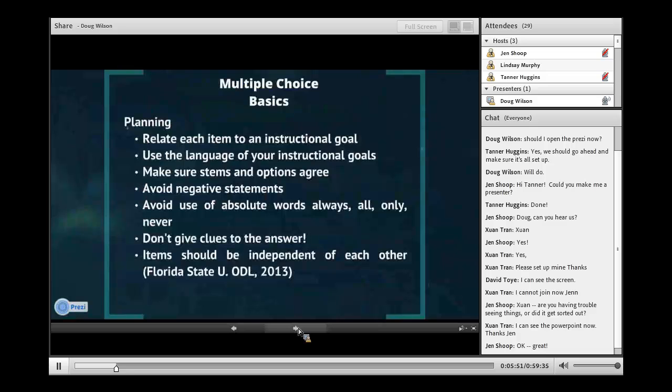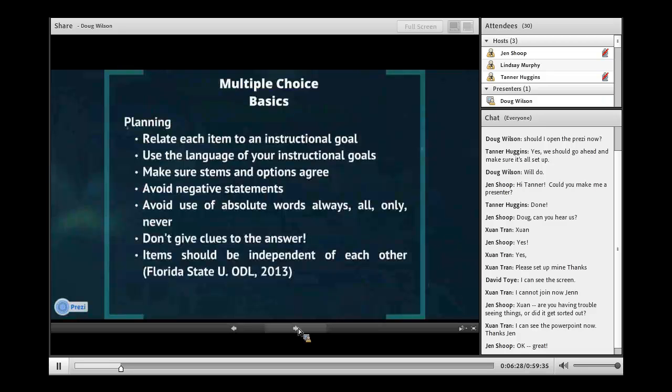As I mentioned, you want to relate each item to an instructional goal. Usually on the course syllabus, that's where you place your learning outcomes statements, your objectives. The language used to describe this part of the syllabus can differ from campus to campus, but generally it's a statement for students, for the state in many cases, and for your deans to know what it is you expect students to learn. And typically in the past, these items have been sort of throw-down